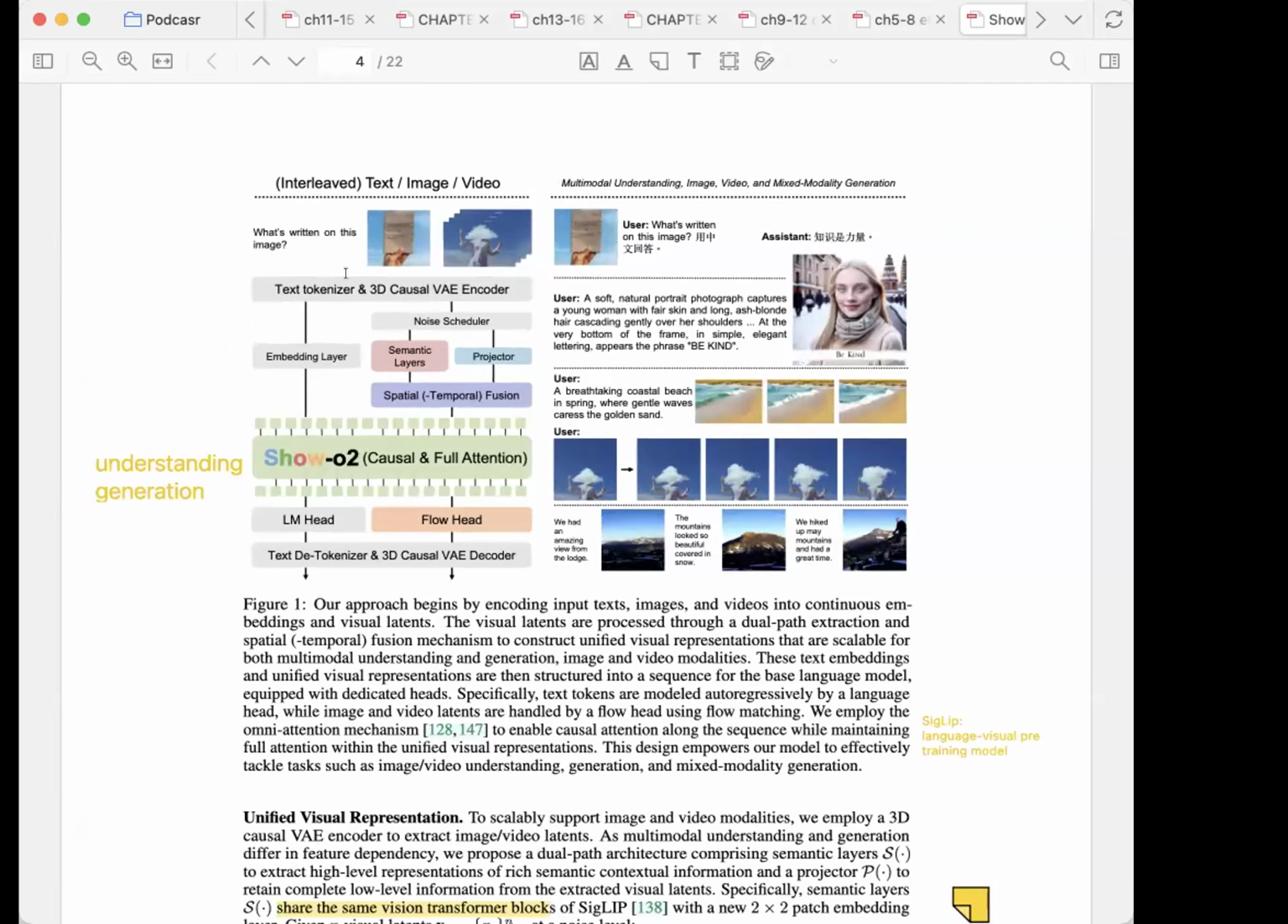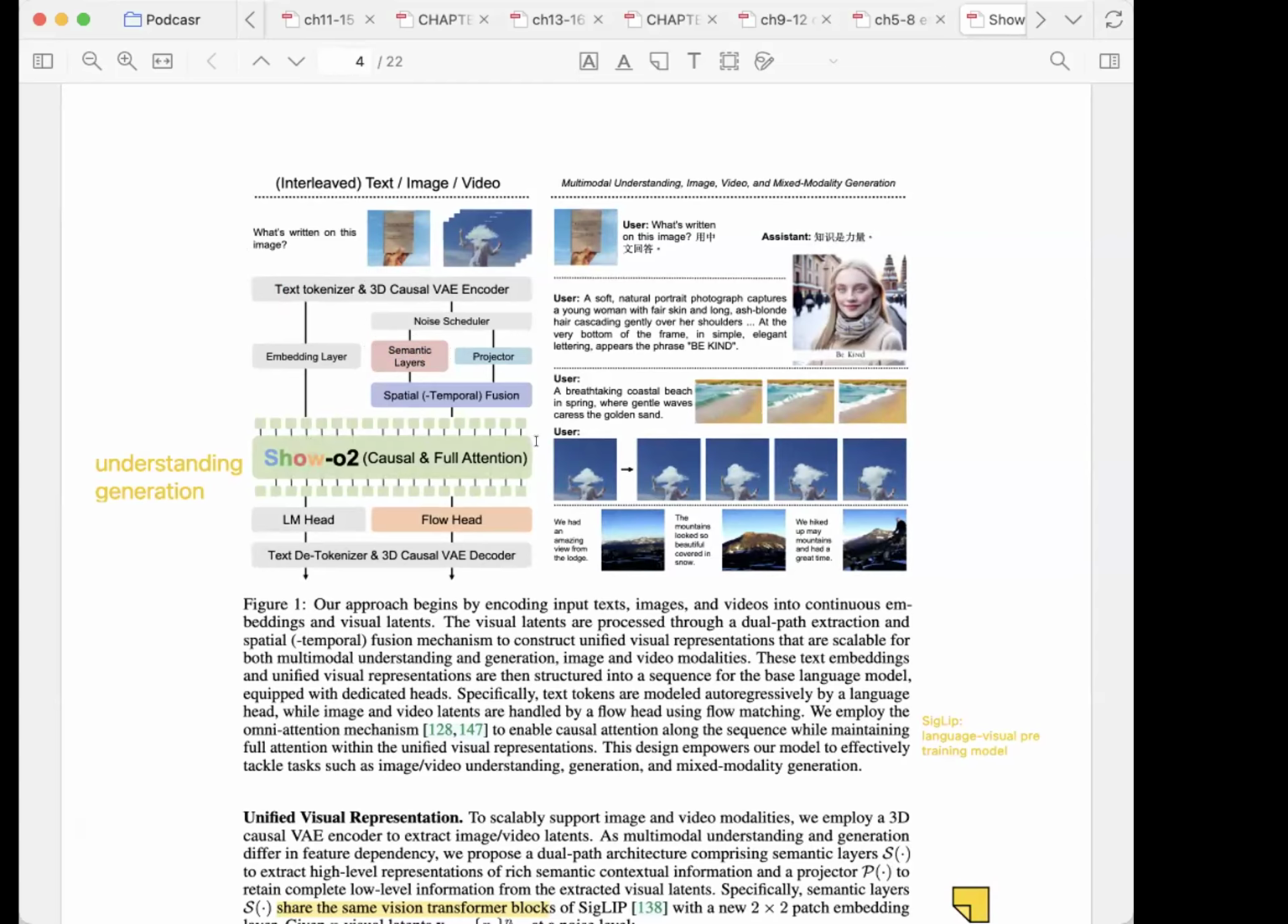For this one, we can break it down into four parts. The first is a text tokenizer and 3D causal VAE encoder. So this is the encoding phase. After that, we can see the embedding layer. The second important part of this is the dual path. The dual path breaks down into semantic layer and projector. And the third part is the